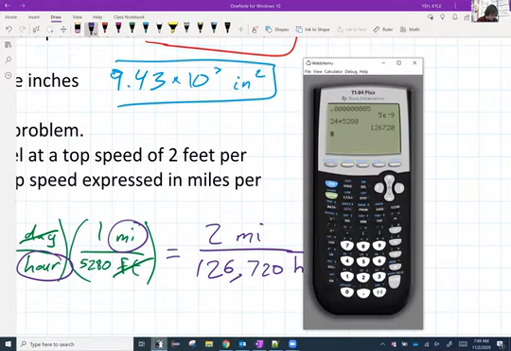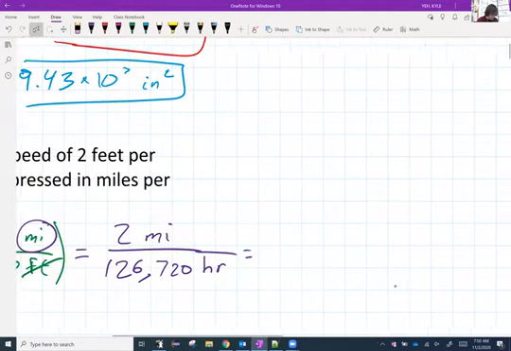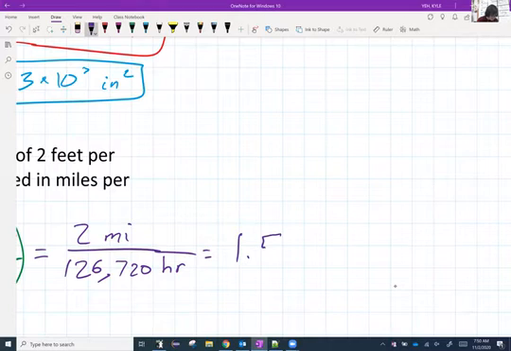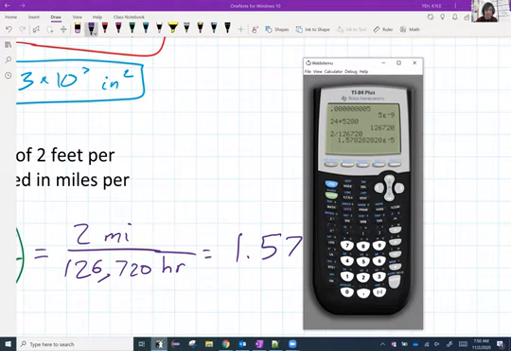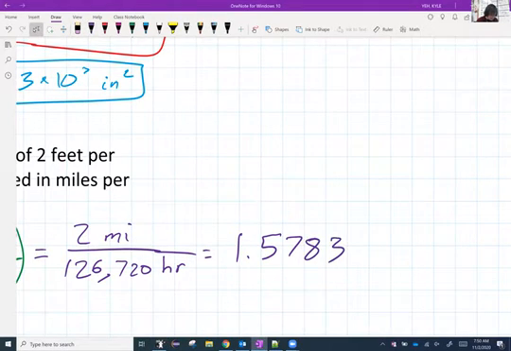I'm going to say, what is 2 divided by 126,720? And here, take a look at that answer. I can't write on my calculator, unfortunately, but do you see the little e at the end? It says 1.57828228 e negative 5. Remember that e means times 10 to the. So I'm going to write, and keeping with the theme in our class, I'm going to keep 4 decimals, 1.5783. I'm going to round that 2 up to 3 because of the 8 after it, times 10 to the negative 5th